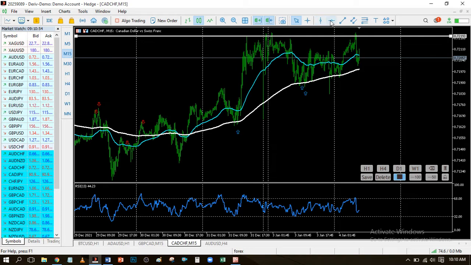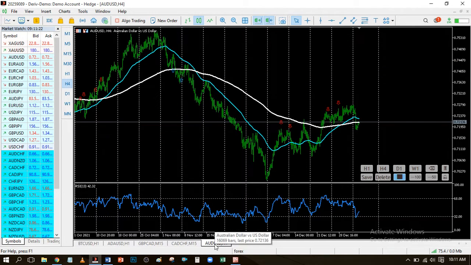All right, so I'm basically looking for something like this. Let me just show you guys. I'm looking for something like this, maybe something like this. So at this level, where it corresponds with an overbought, is where I'll place my sell entry. Then you just ride the waves downwards. All right, so that's that.